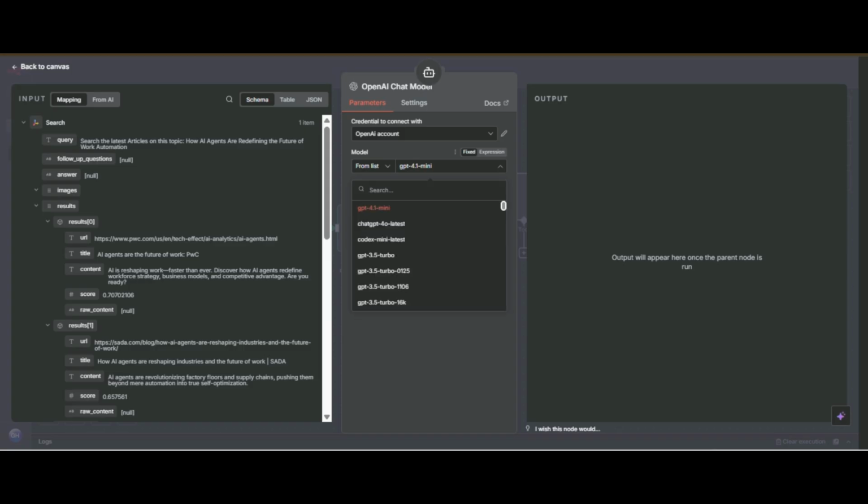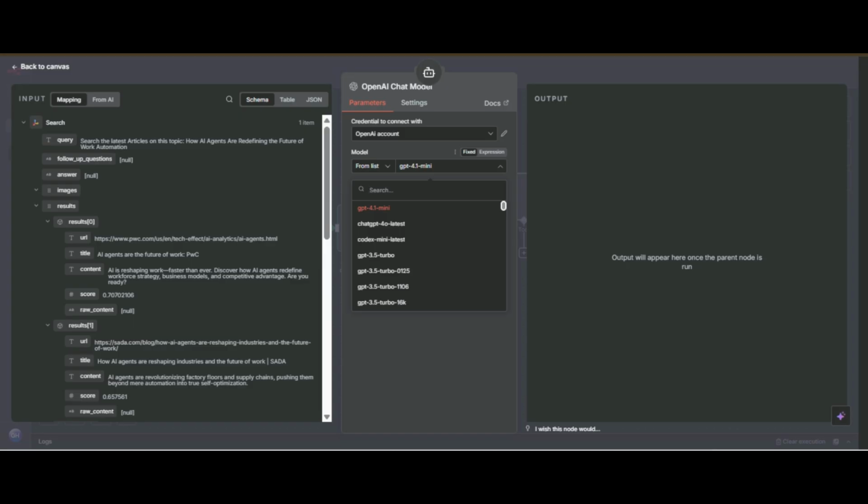And remember, sometimes when we are sending big data or complex data, we have to select an upper level model. We cannot add a small model, because now we are sending titles and long content.